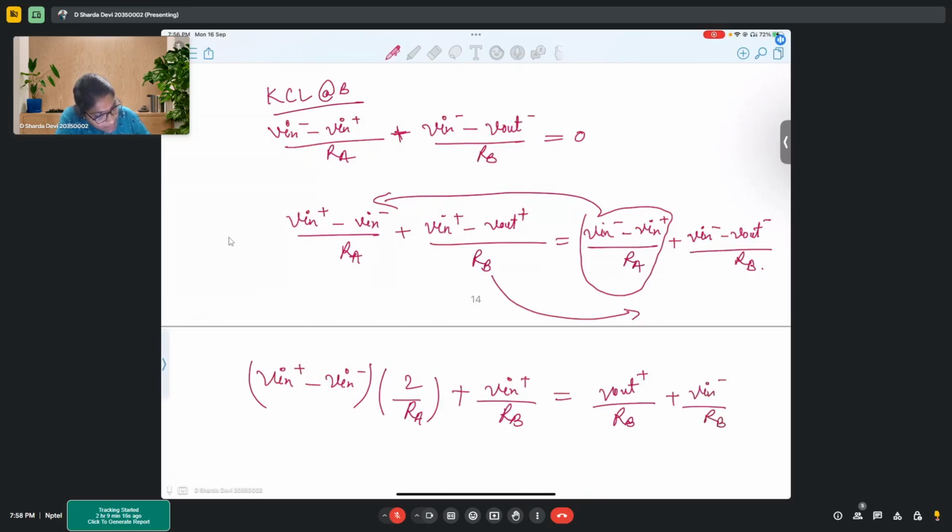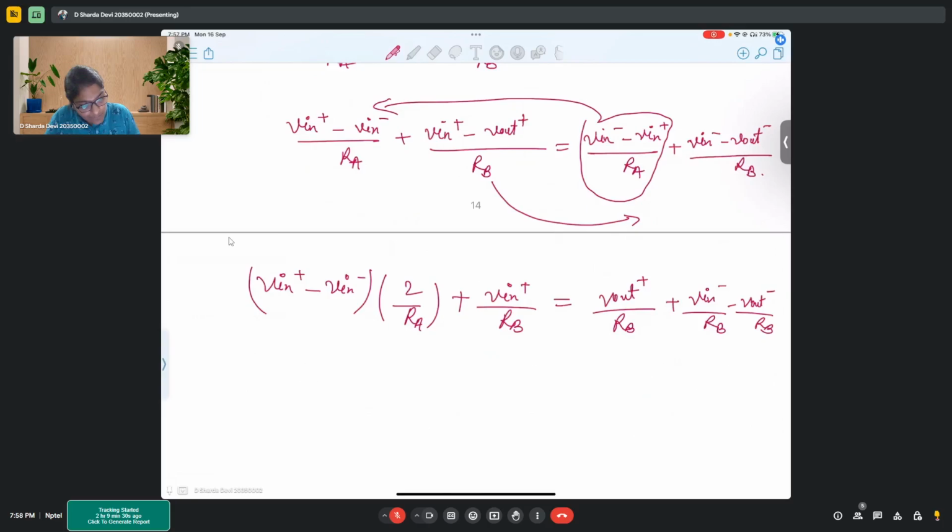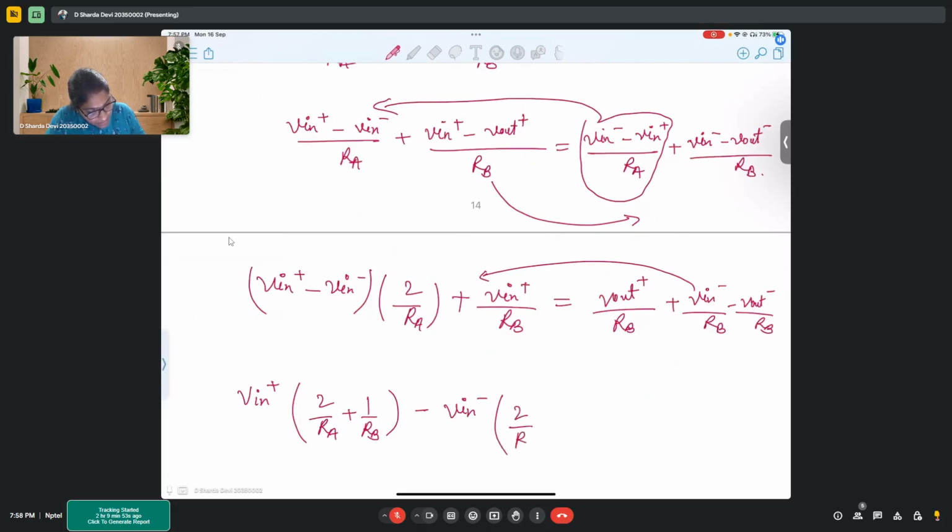Vn minus by Rb plus, oh, minus V out minus by Rb. So let's keep the Vns to one side and the V outs to the other. By doing that, Vn plus has a factor of 2 by Ra plus 1 by Rb, whereas minus Vn minus would have 2 upon Ra plus 1 upon Rb